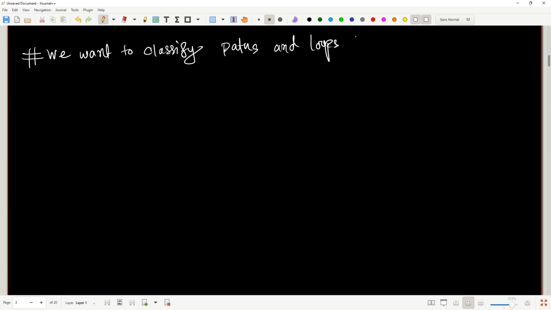And to do these things, we want to classify paths and loops according to equivalence classes. And why are we doing this? We are doing this so that we can get a group structure out of it. Okay, so